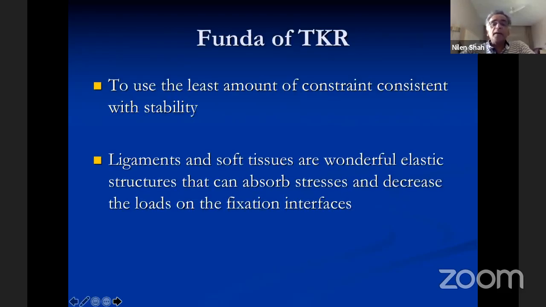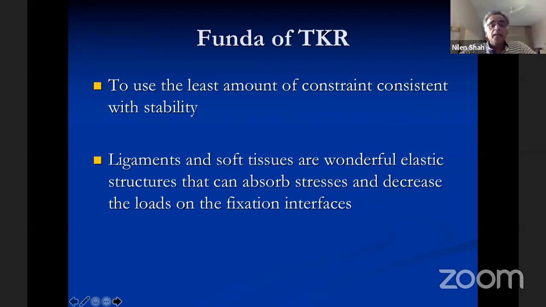So the basic fundamental principle of a knee replacement is to use the least amount of constraint that is consistent with stability. If you think you are going to get away with a partial knee replacement, keeping all the ligaments intact and not landing up with any complication of a partial knee, that can be very good. Or when you are doing a total knee, if you can get away with doing the minimally constrained knee replacement, which works in your hands, but which is stable, which is well aligned, with patella tracking well and well cemented,